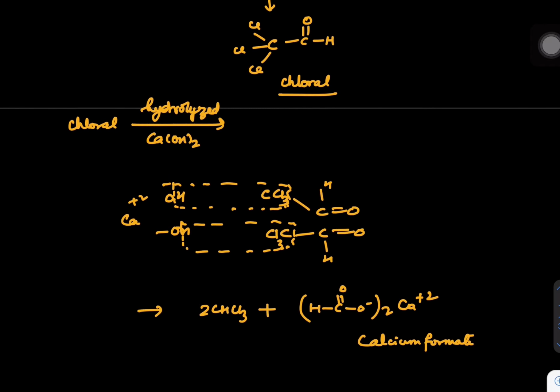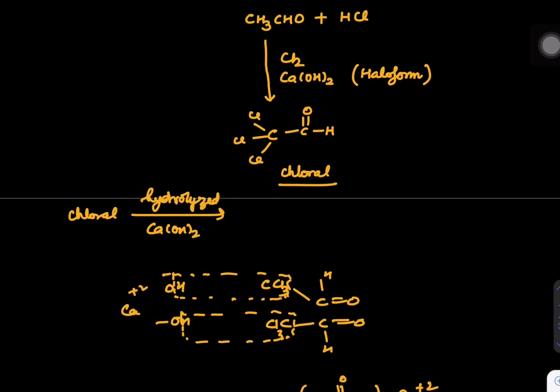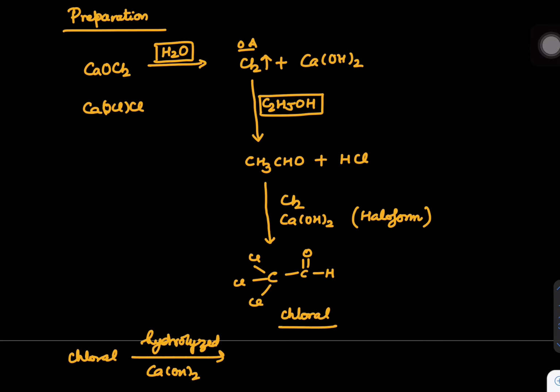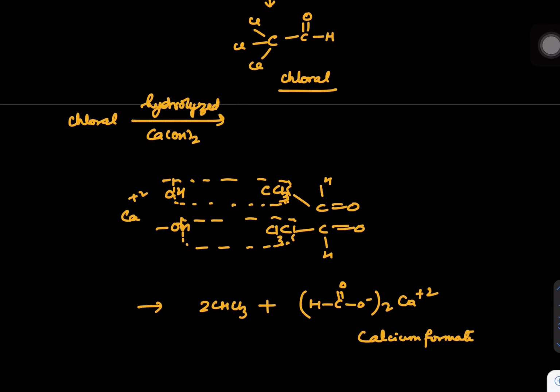So what they can ask, once again let's revise. Step 1 is reaction of bleaching powder in water. Step 2 is you react it with ethanol. Step 3 is the haloform step, form chloral and hydrolyze with calcium hydroxide. The same reaction, if you try to do it in presence of acetone, let's say we don't want this compound C2H5OH, you want to do it with